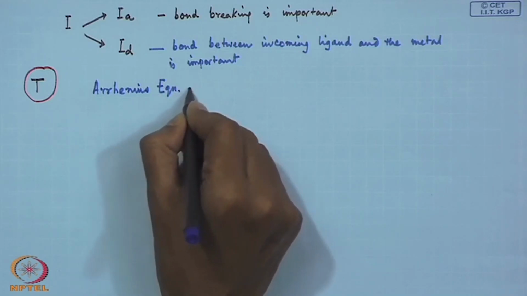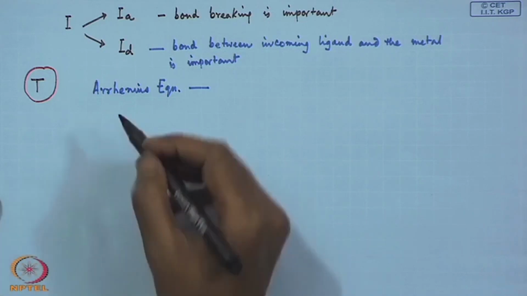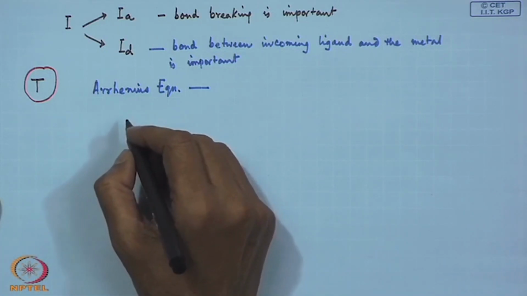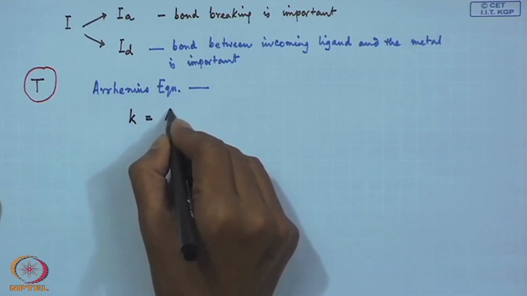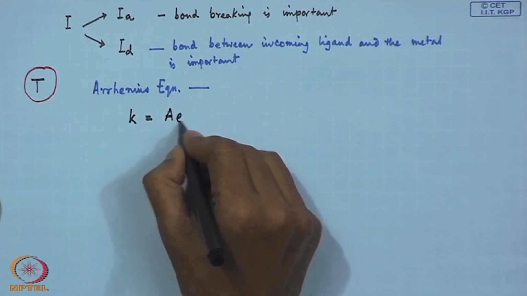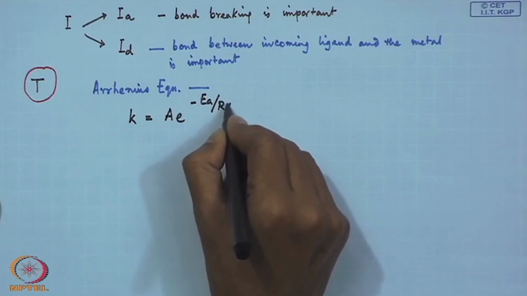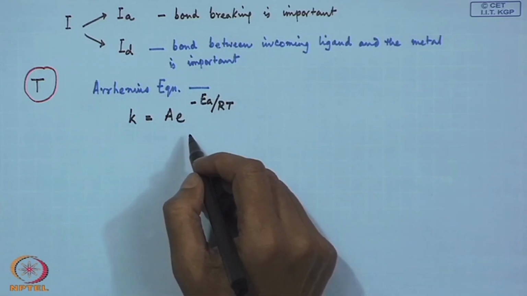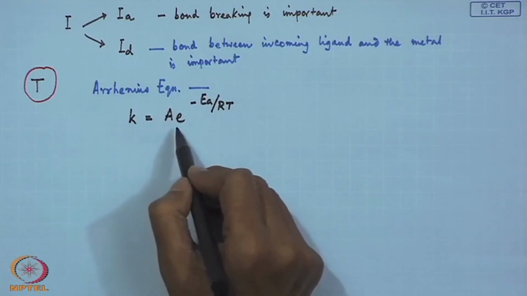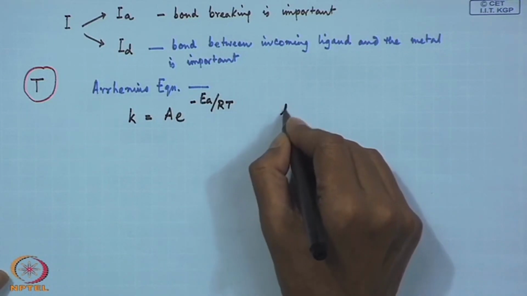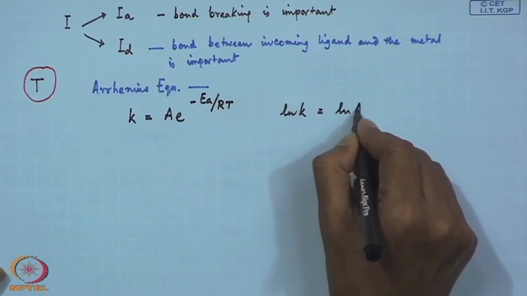The rate of the reaction, K, is equal to A e to the power minus EA by RT, where EA is the energy of activation, K is the rate of the reaction and A is the constant, or ln K is equal to ln A minus